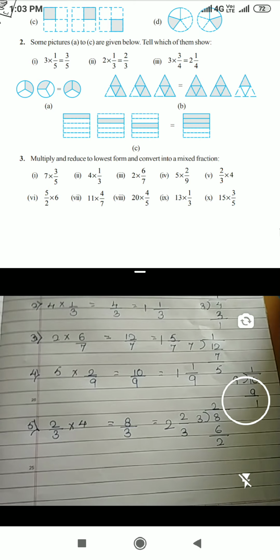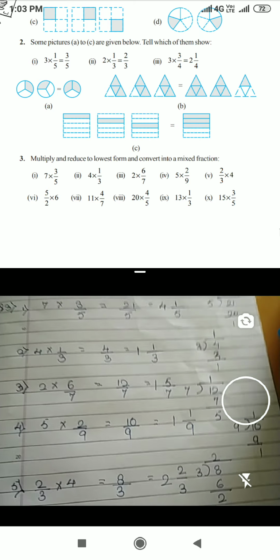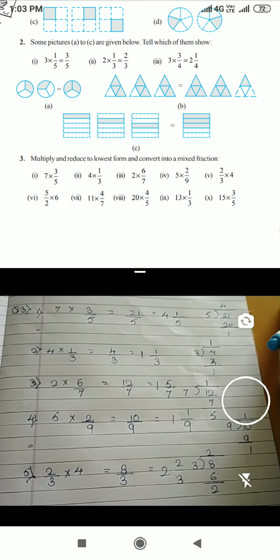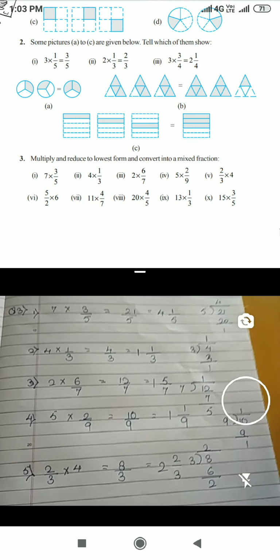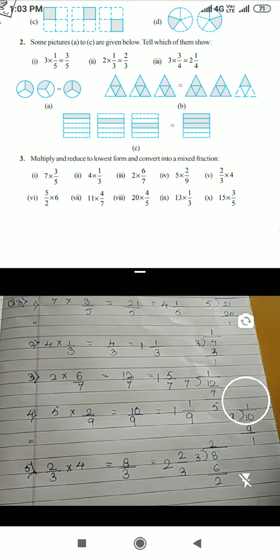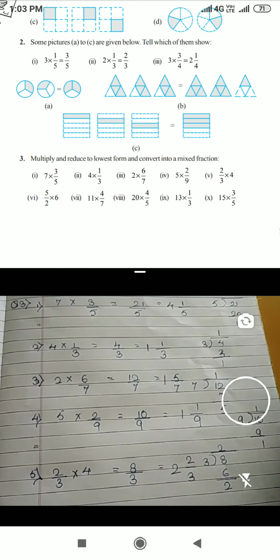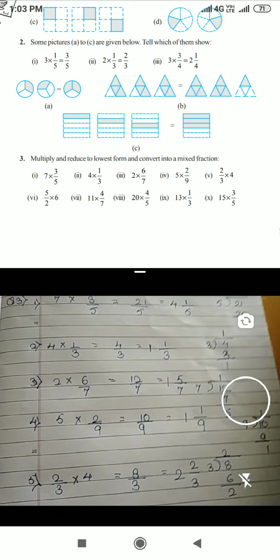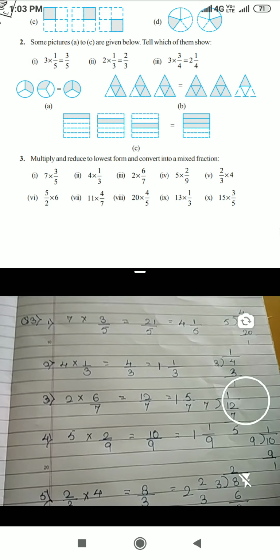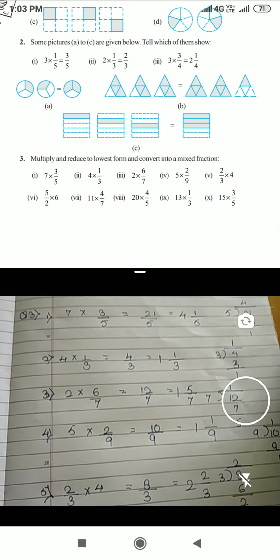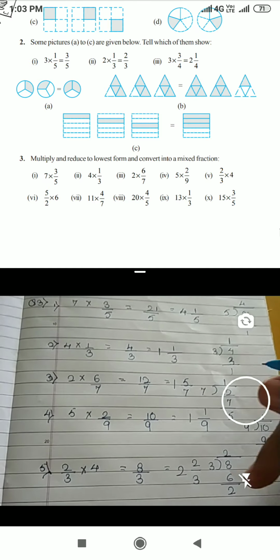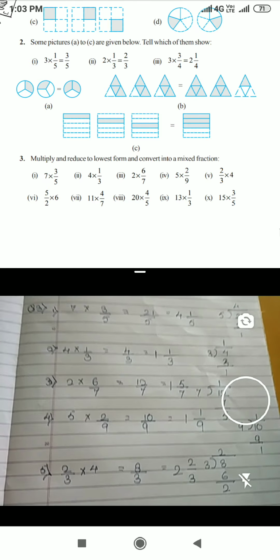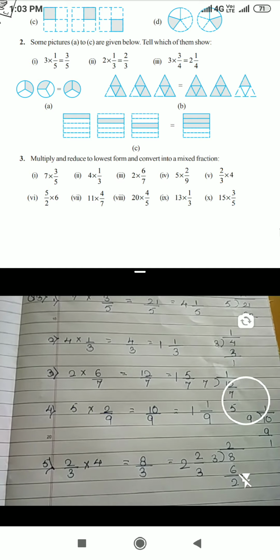Clear? See now, first you copy this 1 to 5 sums, pause the video and copy, and then the remaining 5 sums I am going to solve for you. Each and every bit I am solving for you so you can get the answers. So make sure whenever you sit at your home, you practice the sums again and again. Okay? This division should be written in the rough column. Just to show you, I am writing here.